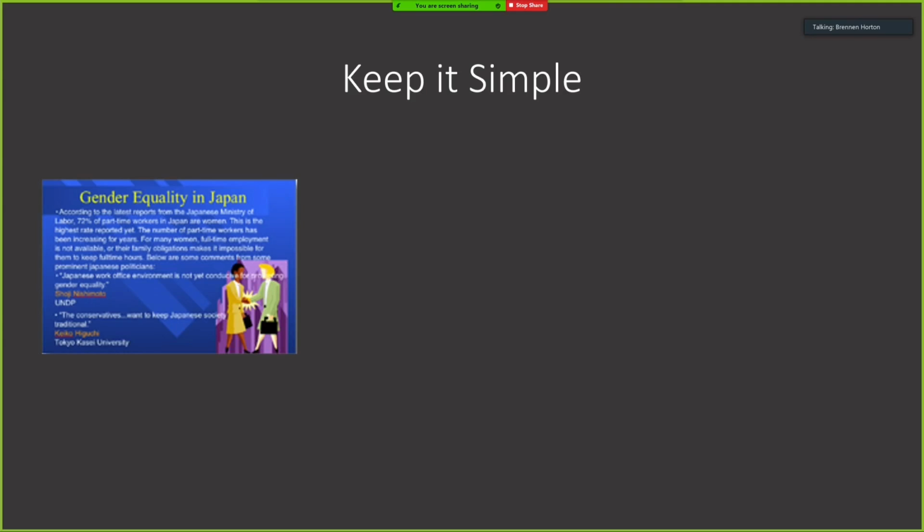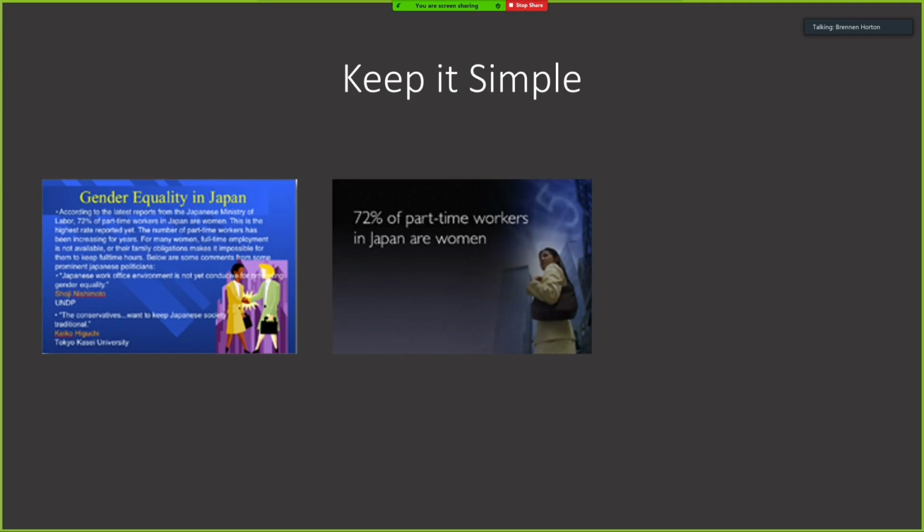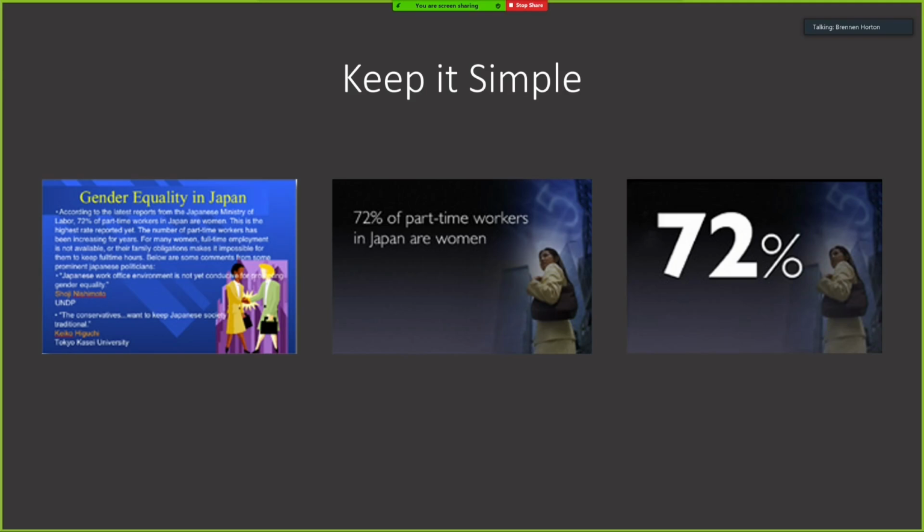Okay, so this next one is a really good example, but the images are a little blurry. Don't worry so much about what the text says. Just know that here they're talking about gender inequality in Japan, and there's a specific quote that's the main point that you want to take away from this slide. So what they've done is they've taken the same slide and they've reduced it down to just that one quote, and then they've reduced it even further to just the number, because they're talking about here 72% of part-time workers in Japan are women. Really, the part you want to emphasize is that 72%. So you can just have the slide be 72%, and then you, as the presenter, will then say the quote